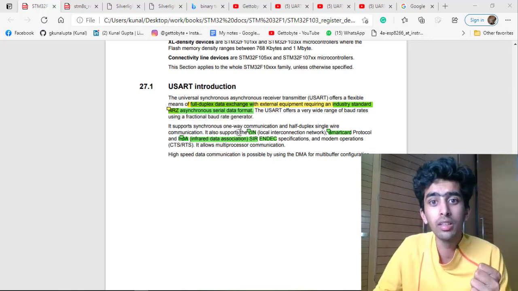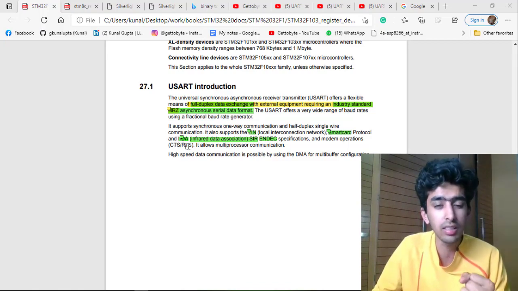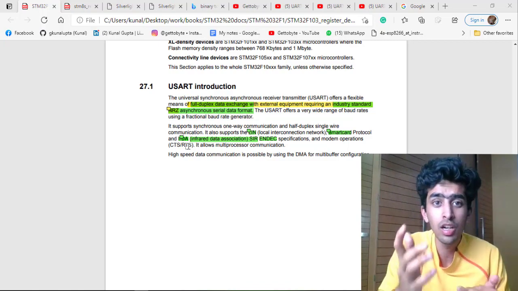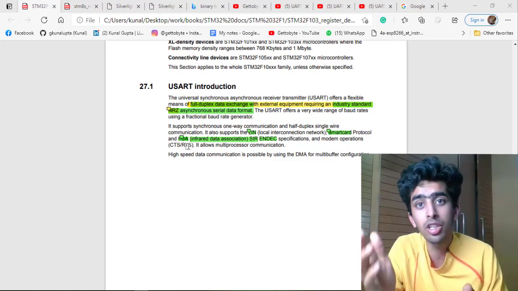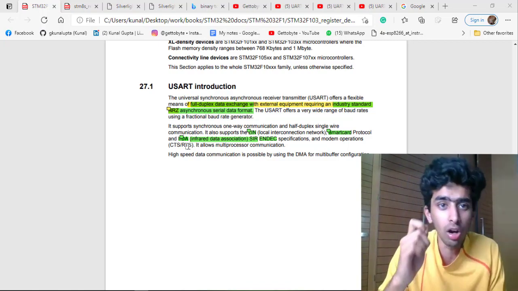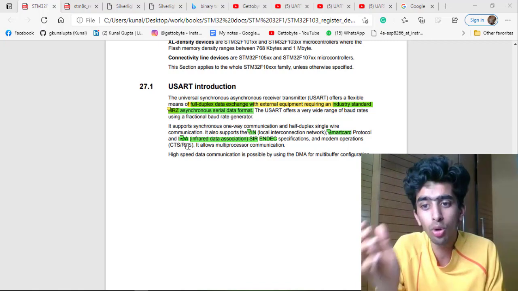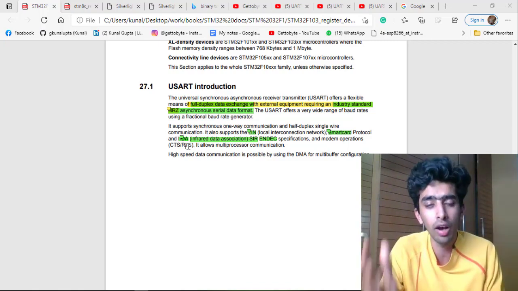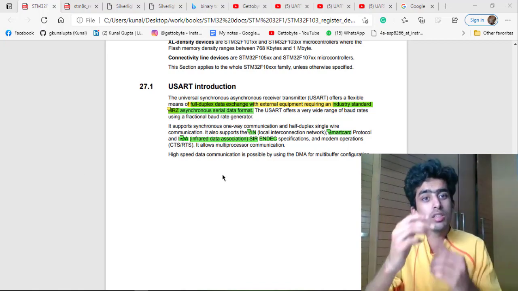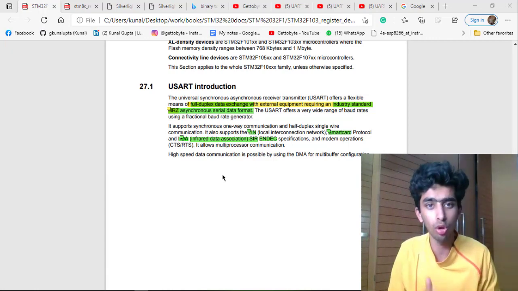Okay, and the modem operations like CTS/RTS. This is basically the RS-232 or the RS-485 facilities which we have mainly in our industrial meters like voltmeters and energy meters. All of these have the CTS and RTS communication protocols enabled, that is RS-232 or RS-485. So these are all features that can be done from the UART communication protocol only.